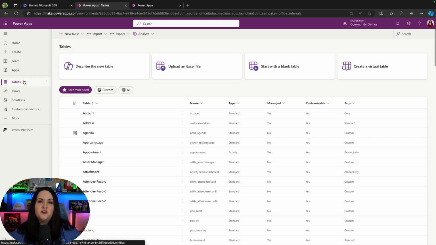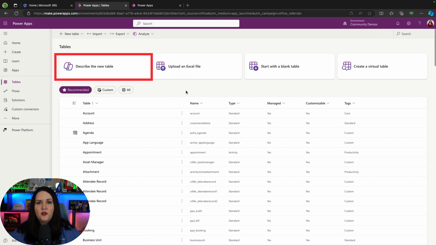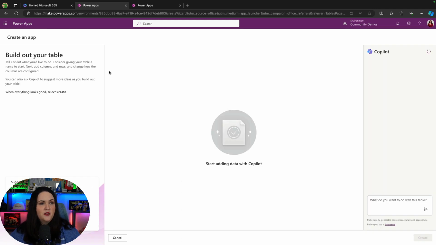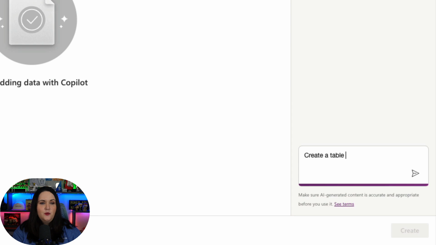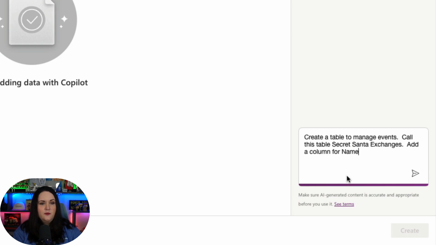But I want to go back here to the Tables tab and let's add that layer for the Exchanges table. So we can actually use Copilot for this as well. If you see this option on the left-hand side to describe the new table, we can ask Copilot to help us build this new Dataverse table. So I can say create a table to manage events, and we can be as descriptive here in the initial prompt as we want. So I can say call this table Secret Santa Exchanges, add a column for name, start